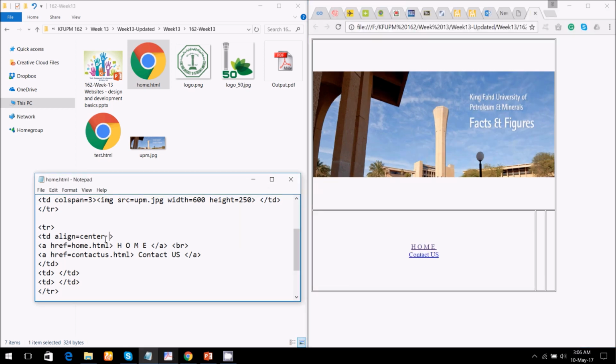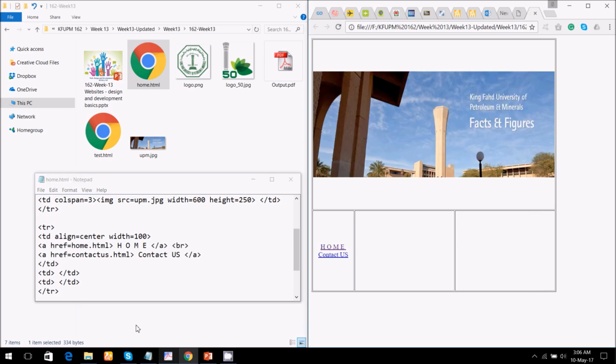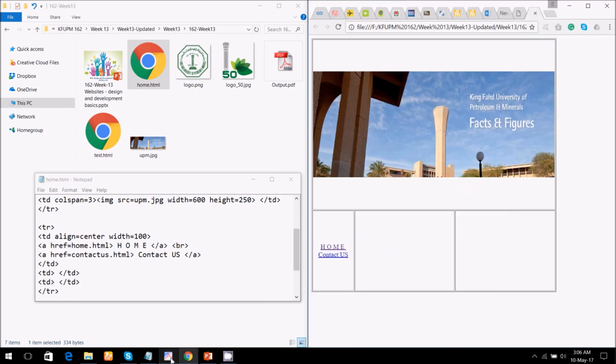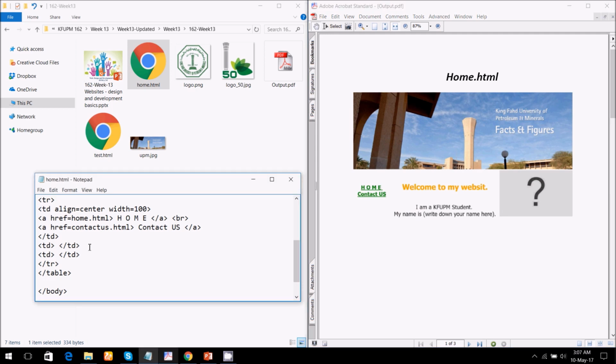Now also you can see the column width became large, and the other two columns became small. So I'm going to mention the width of the column as 100. So width equal 100 I'll add after the alignment, and you can see that now the column width is small now. Now I'm going to add the content of the next column, so row 2 column 2, and